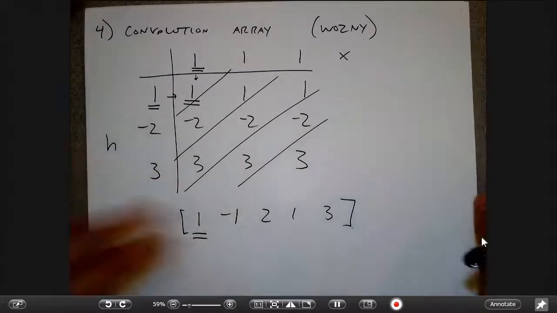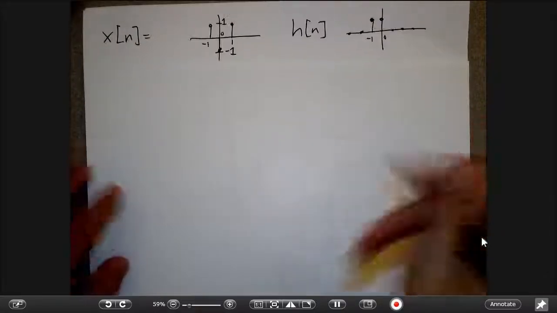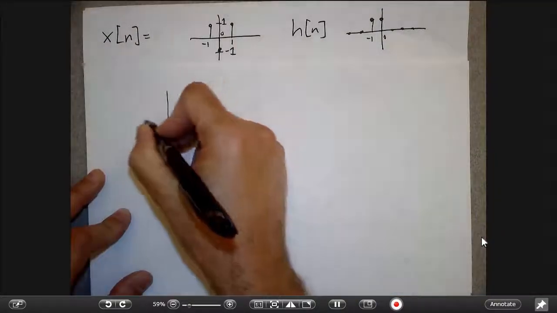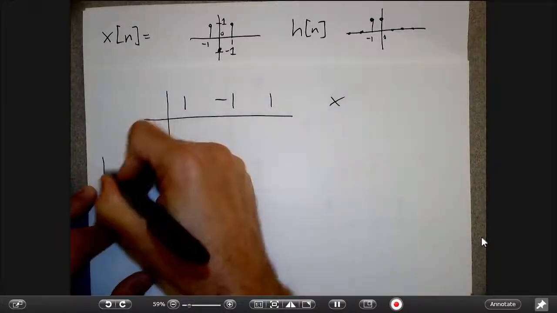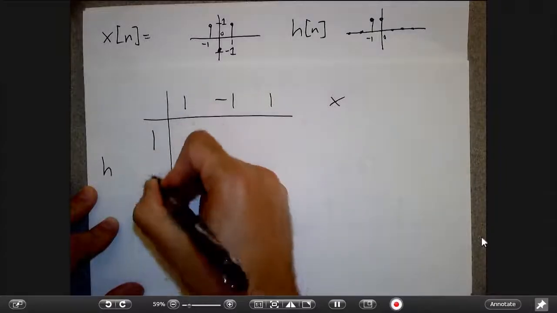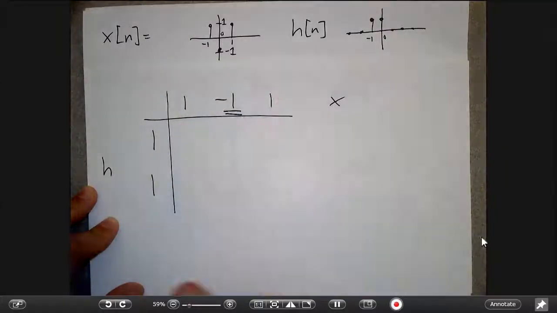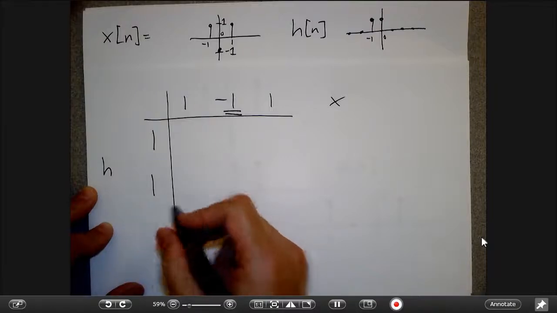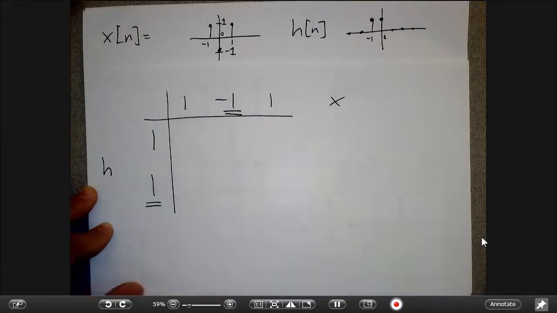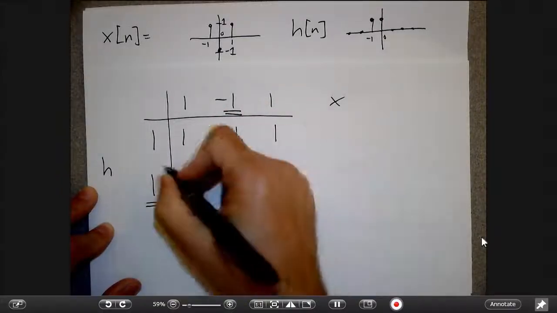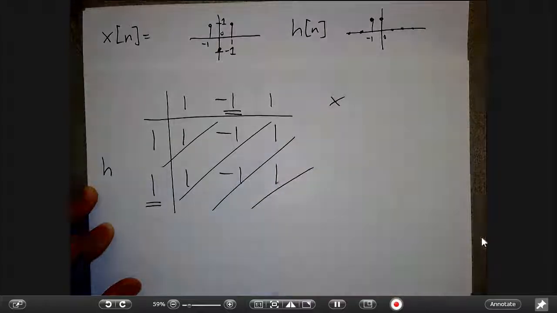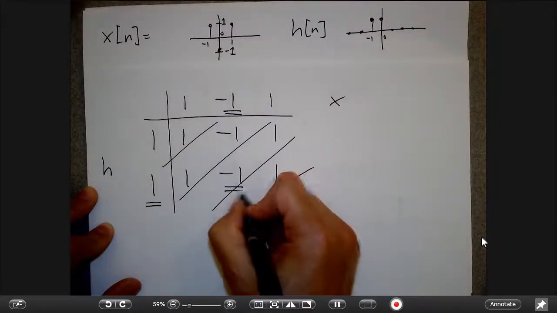And let's take the example I just did before. So the example I just did before was this guy. So here, how would I handle this? I would say, okay, my x has got values 1, minus 1, 1. My h has got values 1, 1. The 0 value is this here, and the 0 value is this here, right? Now I multiply these things together. I make my array. I mark where these things cross,